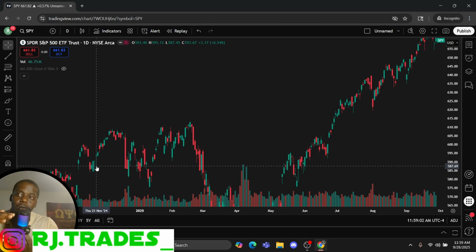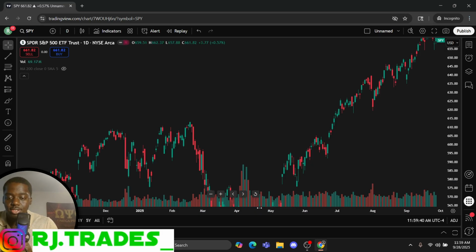When you find out where it can start moving, you need to see how far it can go. Think about an option: you're going to be making money for every dollar that the stock goes up or down. So if you know that a stock can only go up 50 cents before it gets to the next resistance, say stock A and stock B. Stock A, from one resistance to the next resistance, you have 50 cents. Stock B, from one resistance to the next resistance, you have $10. Which one are you going to trade? I hope you say the one that you have $10 to run. So support and resistance is super, super important.